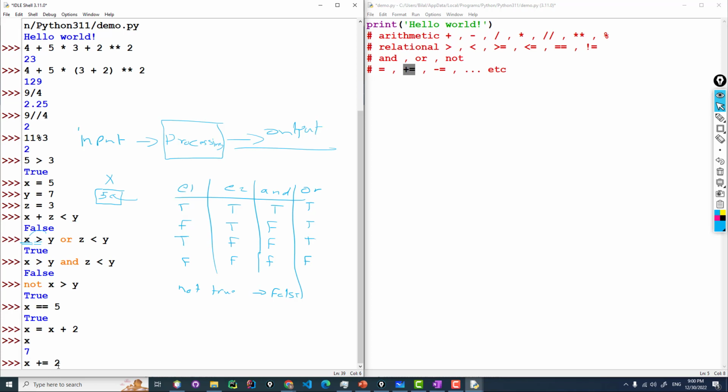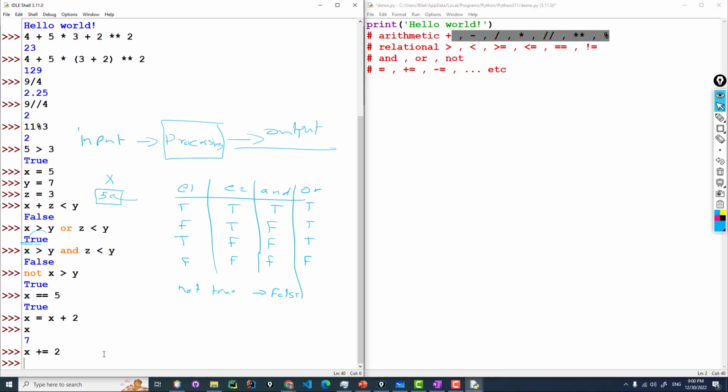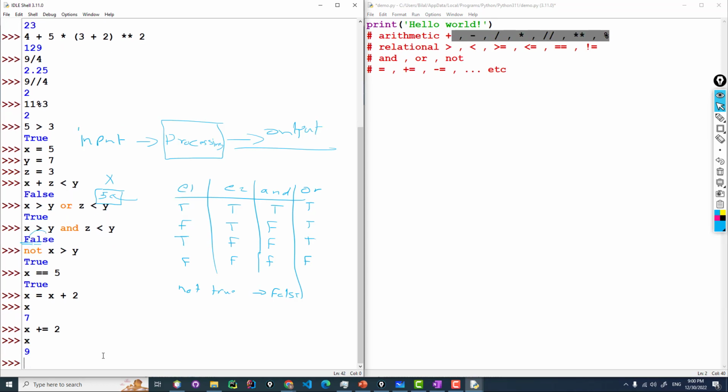So this statement is similar to this one, and this applies to minus equal, multiplies equal, divide by equal, etc. on all of these arithmetic expressions. So here now if I print x, x will be 9. So this is the augmented assignment. Now you have an idea about